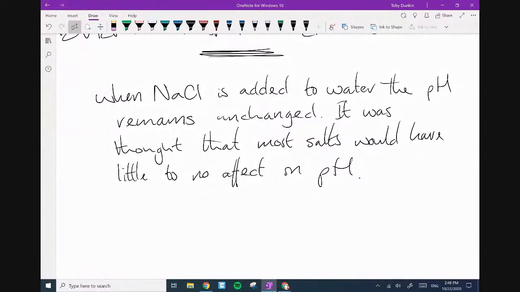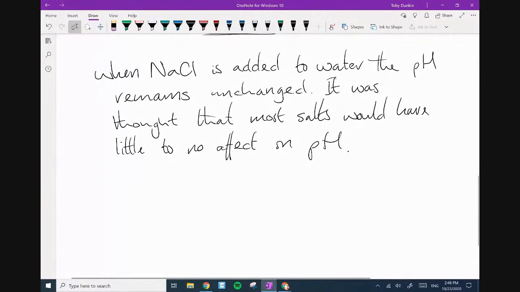of kind of like a 9-ish, if you've got the conjugate base. But if you've got the conjugate acid, you're going to have a pH of something like 5, 6, somewhere around there. So you do have salts which are slightly acidic and slightly basic. However,